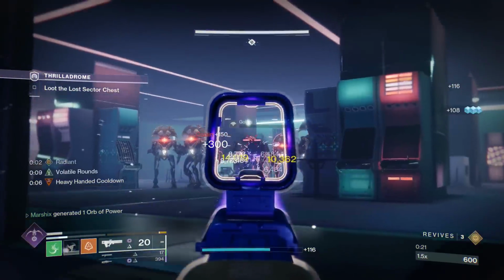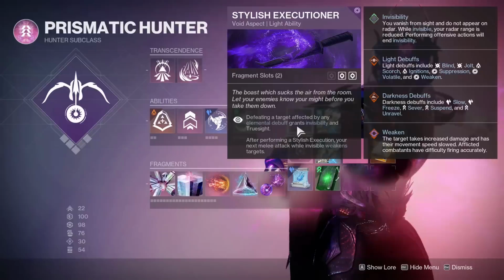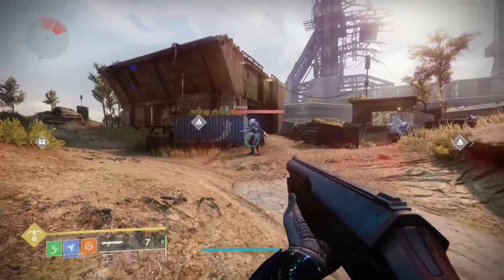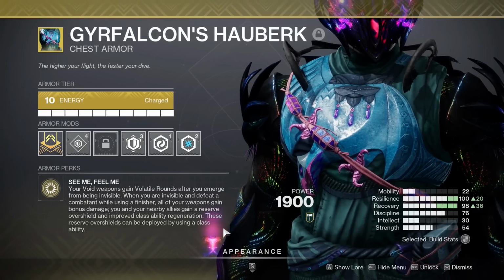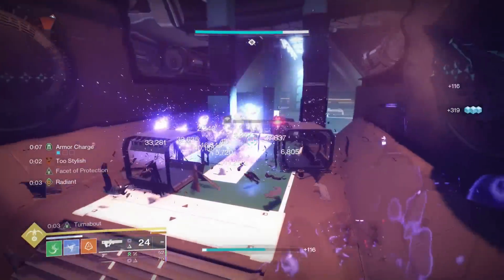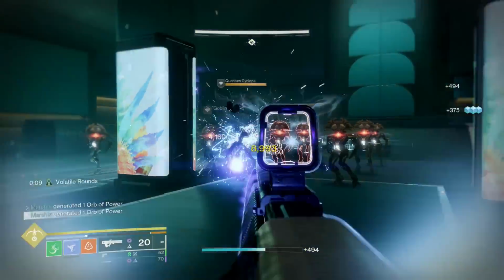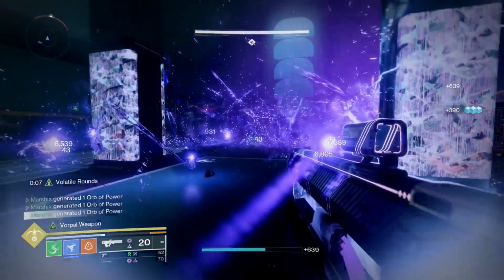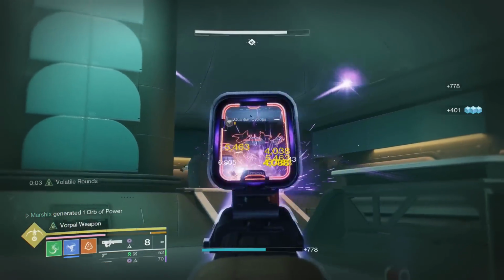This build nukes entire waves of enemies and turns you invisible at the same time. Stylish Executioner will turn you invisible each time you kill a debuff target. Then, if you pair this with Gerfalcon's Hauberk, you will gain volatile rounds each time you emerge from invisibility. Volatile is considered a debuff, so you just need to go invisible one time to create an infinite loop, where you turn invisible to gain volatile rounds, then kill a volatile target to turn invisible again, and then repeat the